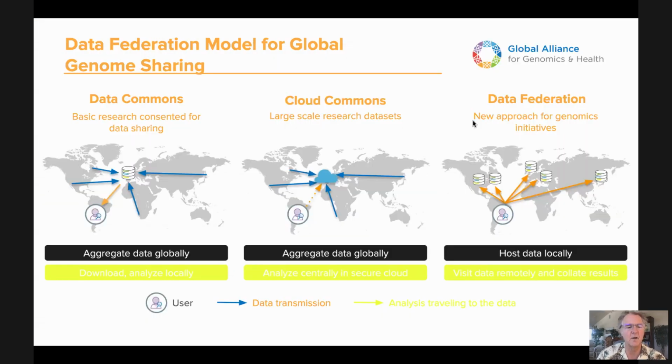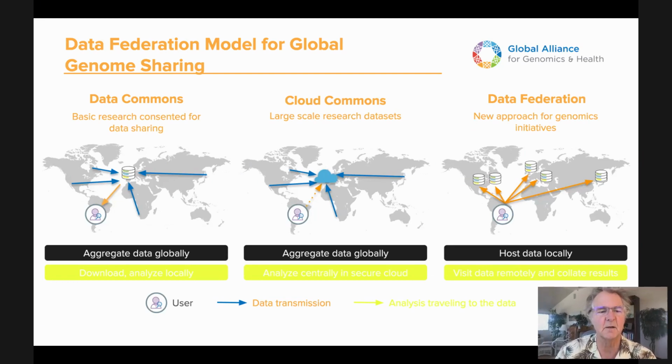The model that's emerged is something that is quite different, and we haven't spoken about it yet. Initially, when we founded the Global Alliance for Genomics and Health, we had hoped to use the model on the left, to aggregate data globally. In fact, moving that into the cloud disperses the data a bit, but is still not enough to get traction and to get people to share the information comfortably. This is an issue of trust. No one trusts internationally a single cloud repository.